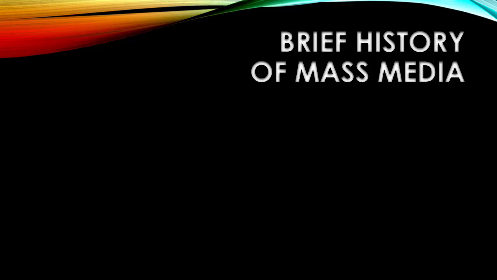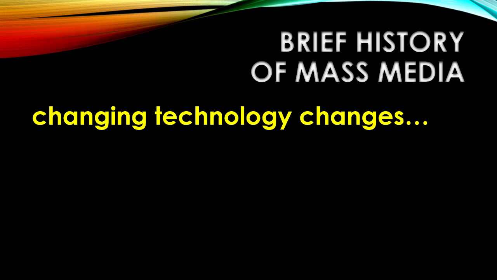So with an understanding that mediated communication involves specific media technologies and approaches to sharing messages between folks that don't just involve mass communication, a really good way to get into this subject matter is to think about mass media and specifically the ways in which mass media technologies have evolved over the centuries. Now, clearly, we're going to be taking a pretty high elevation look at this, and there's lots of really important historical details that this video just simply can't get into for time and resource constraints. But what I want you to think about as you consider the ways in which media have evolved over the centuries are the ways in which changing technology can change some really important things in the communication process.